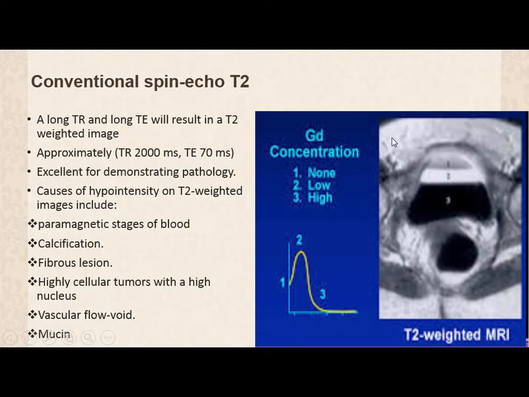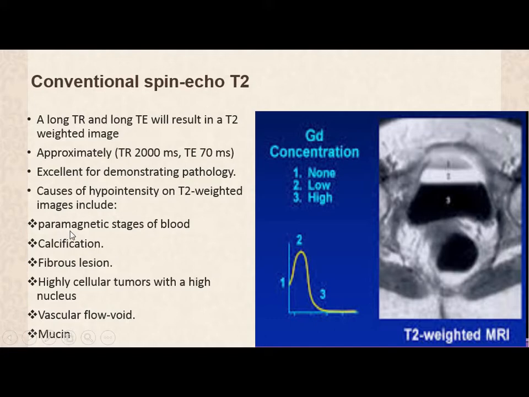The T2 is the opposite, not the opposite, it's a different kind compared to the T1. It has a long TR, about 2000 milliseconds, and a long TE, about 70 up to 100 milliseconds. Why do we use T2? For pathology. It's very good in demonstrating pathology. What are the things that appear hyperintense on T2 weighted images? They are the